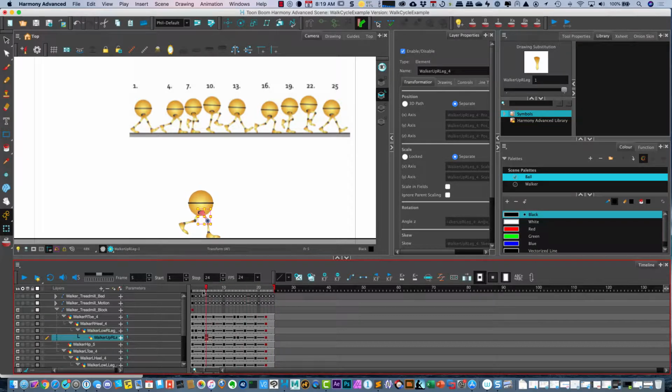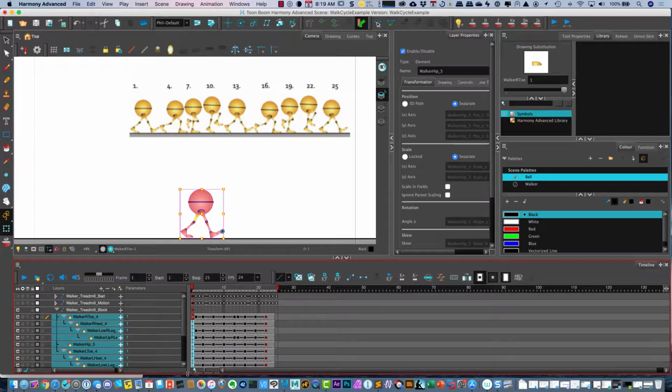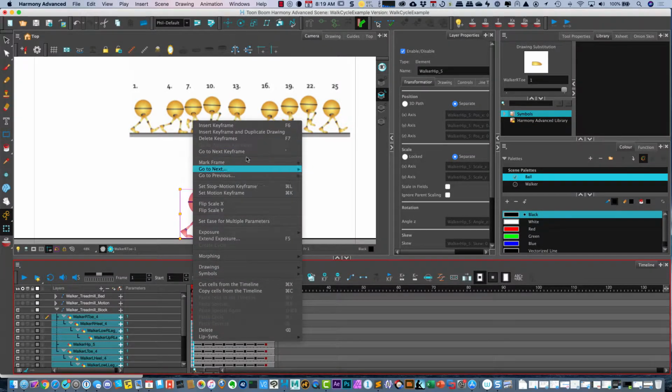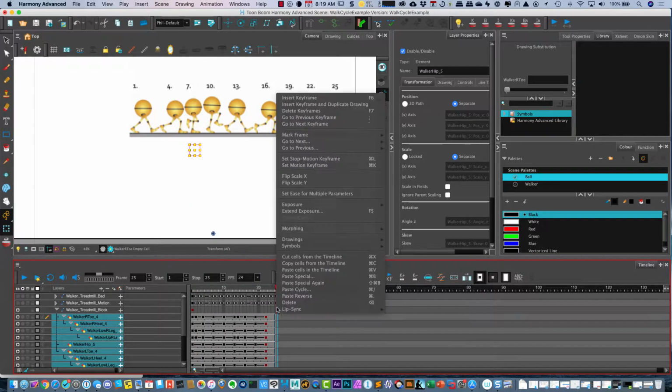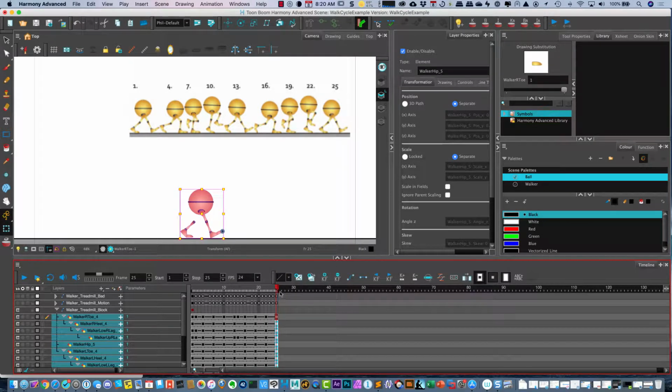All right. So we can complete the animation. I really need this very next cycle right here, which is this one. Okay, when we loop it, we won't want it, but we want these keyframes right here. So I'm going to shift select these, and I'm going to do a copy cells from timeline and go out to here and shift select and do a paste cells in the timeline. All right, that way I have